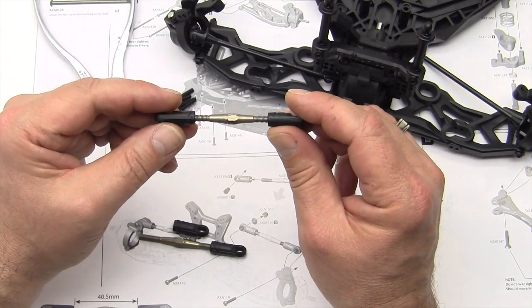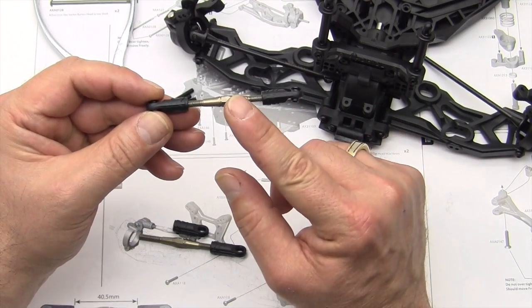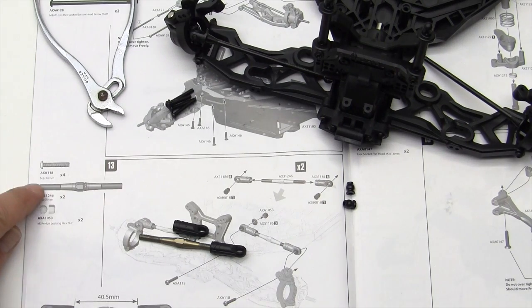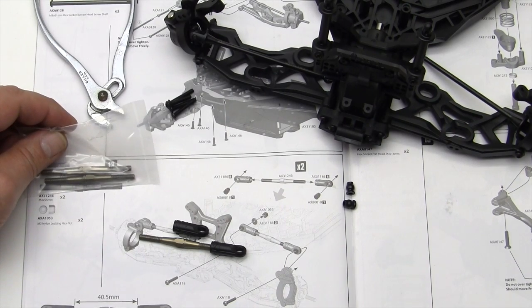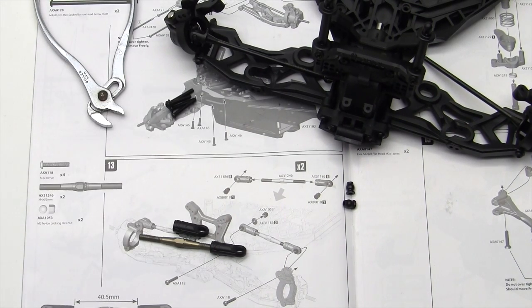toroids in there, and we're going to use the 2 shorter ones, and you can match them up to size on your manual. The other ones you can see are longer, so we're going to use the 2 shorter ones. This is a 1-to-1 drawing here,